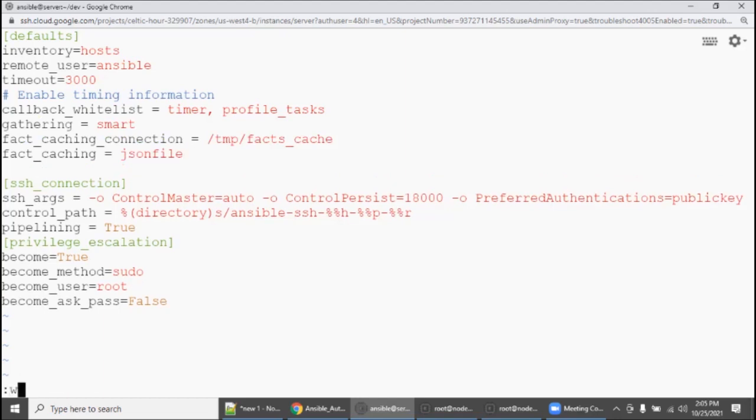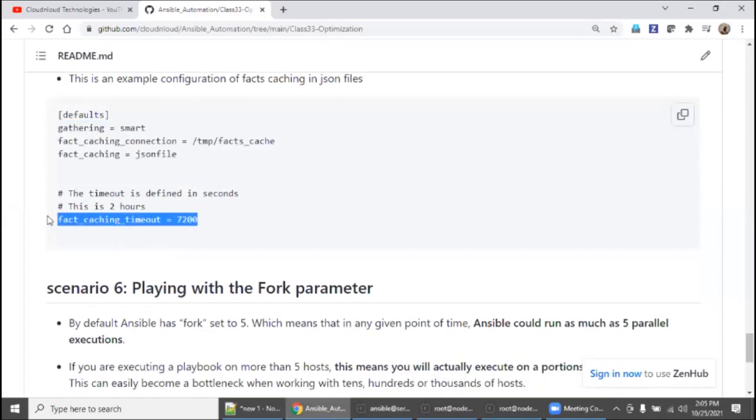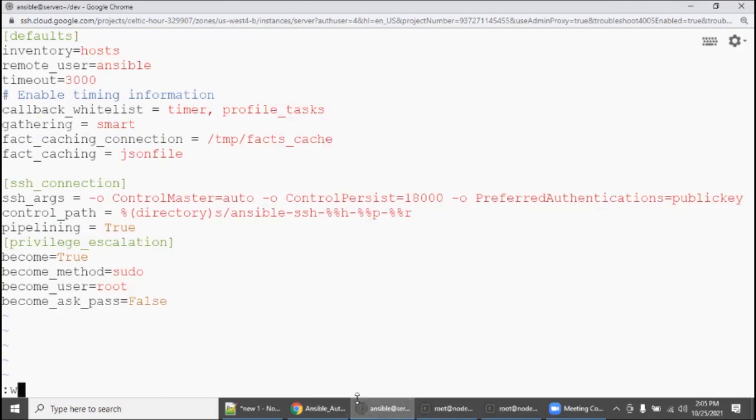There is one more setting we need to enable. The fact caching timeout is also mandatory. Otherwise, it will slowly affect your performance. If the cache is not used, you need to recycle it on a periodic basis.